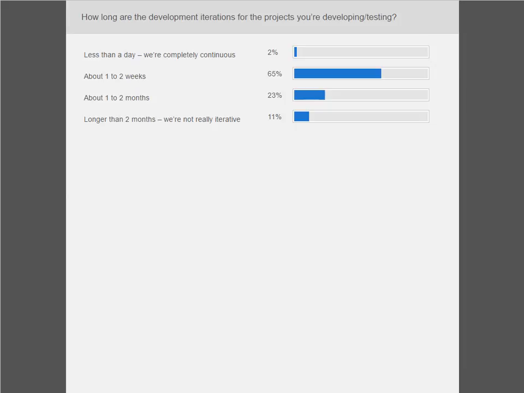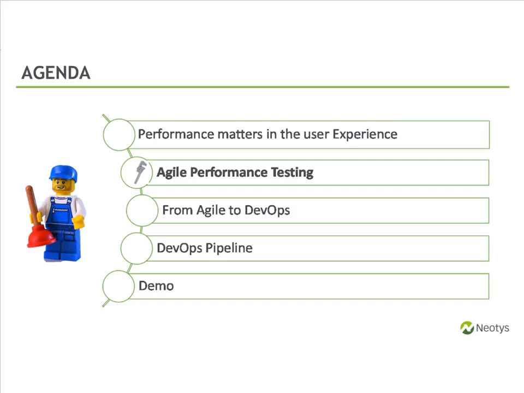Okay, so it's very interesting here. Most of the attendees today, 64% of the attendees, have about 1 or 2 week iterations, so that's quite good. We have 23% at about 1 or 2 months, and 11% longer than that. And we have 2%, which is less than a day, which is very interesting with those numbers. So let's go to